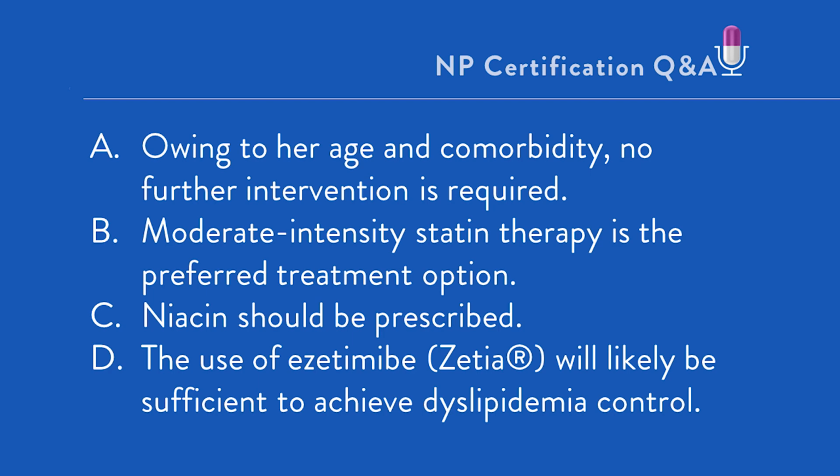B, moderate intensity statin therapy is the preferred treatment option. One more time, she's at very high risk for ASCVD. While high intensity therapy might be preferred over moderate intensity therapy, in other words, high intensity statin therapy that will bring the LDL down by 50% or more, compared to moderate intensity statin therapy that will bring the LDL down by 1/3 or more. Given her CKD, she's actually at increased risk for a statin-induced myopathy, including the most feared of all, rhabdo. Evidence-based practice dictates that individuals with type 2 diabetes be offered, at bare minimum, moderate intensity statin